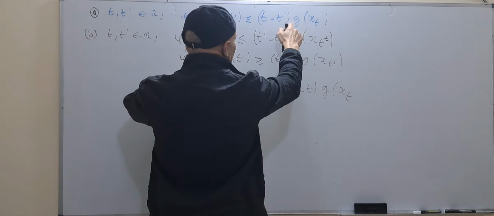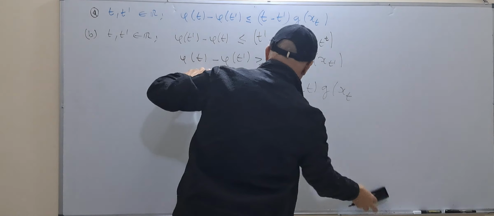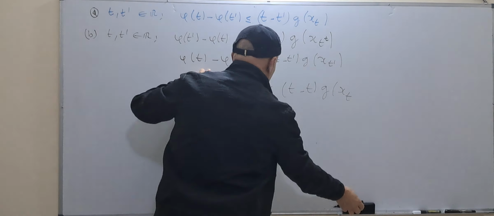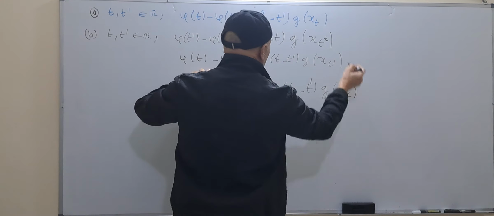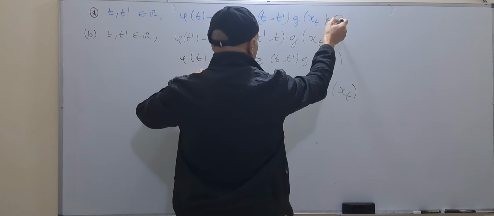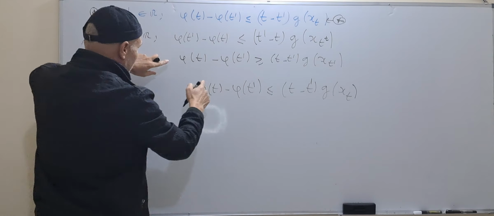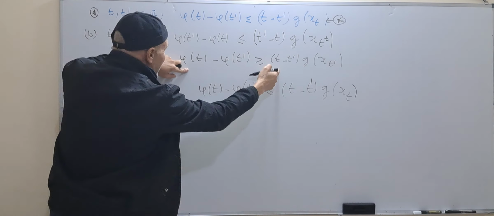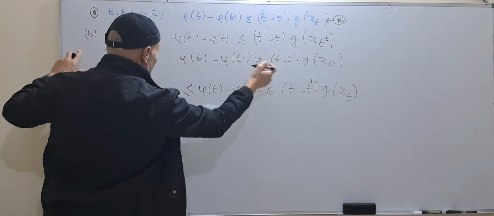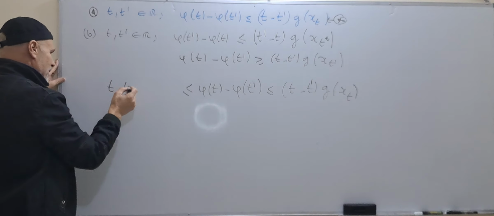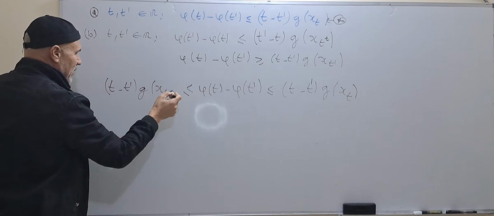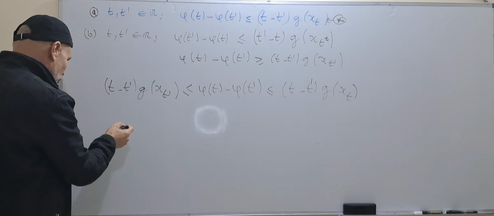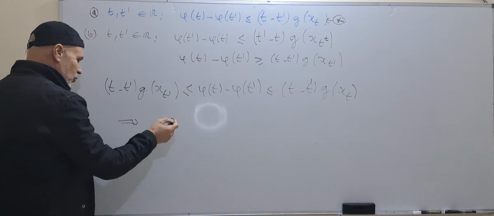Okay, this is the first one. The first one we have t minus t prime g of xt from this one, and it is greater than or equal to this one, which is t minus t prime g of xt prime, which implies that